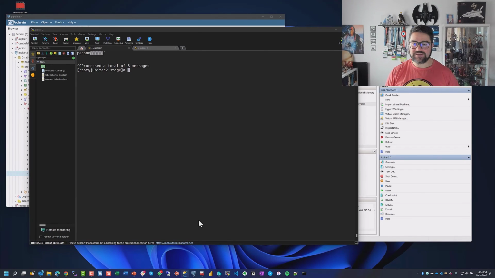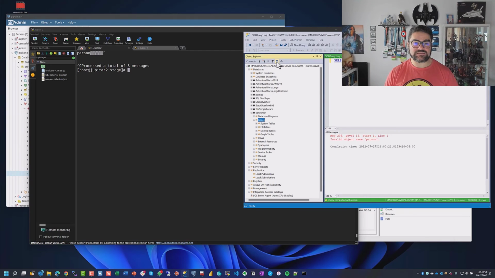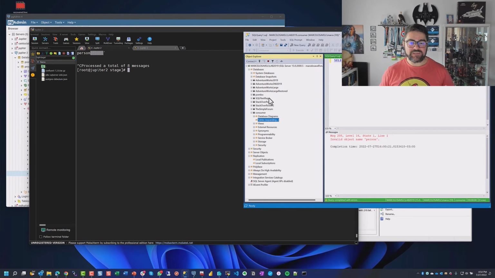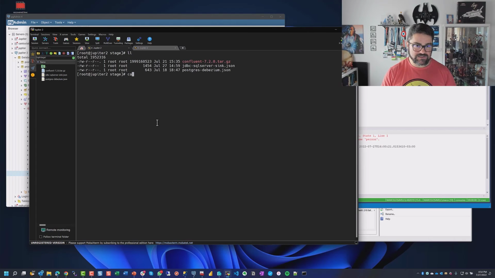Again, now going back to our SQL Server, we still don't have a table created here because we didn't create the sync connector yet. We only installed the driver, and we only created the source connector, the producer connector. Okay, awesome. So now we can look at the sync connector, which is the